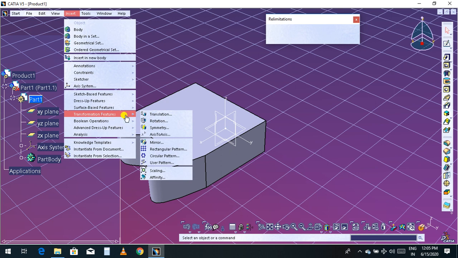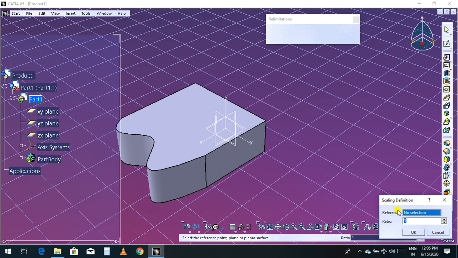Just go to insert and transformation feature. In the previous video I discussed the user pattern, tutorial 57, and this is tutorial 58. In this tutorial, our main thing to explain is this scaling. So select the scaling from here.